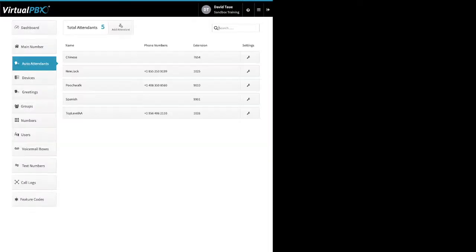All right, next up is auto attendants. This is actually a plan-specific feature, right? So it's available on some plans, but not others. There's a couple use cases for having multiple auto attendants. One is for submenuing, right? So if you want